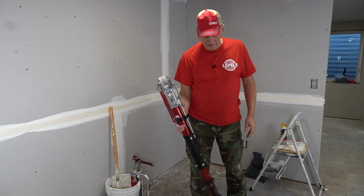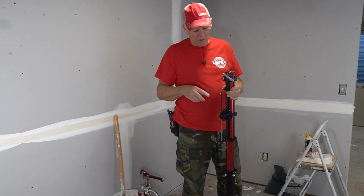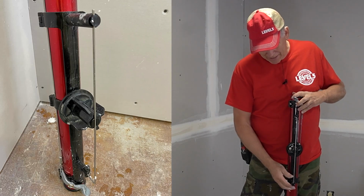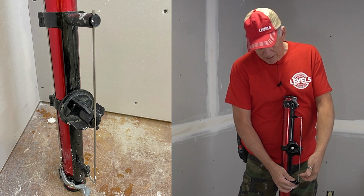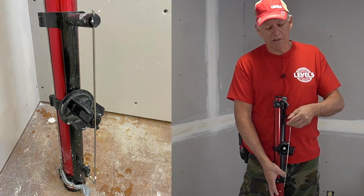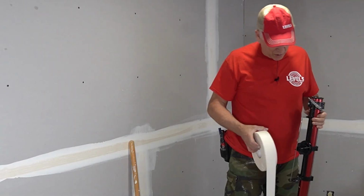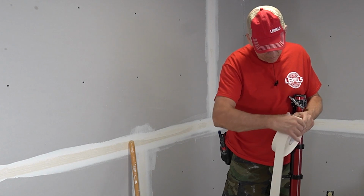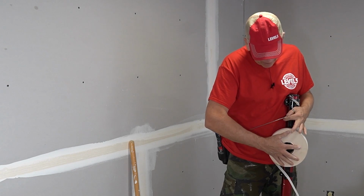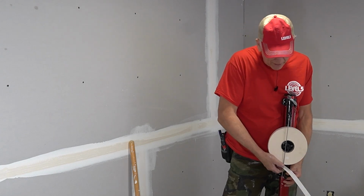So now down here we have the end where the tape goes, and the way you load this is the Level 5 has this cool quick release here. I hadn't seen this before, but you just pull this, it pops right out of there. This lever, or this rod here, is captured, so you're not going to lose it. So you get that out of the way, you get your joint tape, and then you put it on here like this and let it roll over the top of this thing. So then you just re-pull on this mechanism down here,